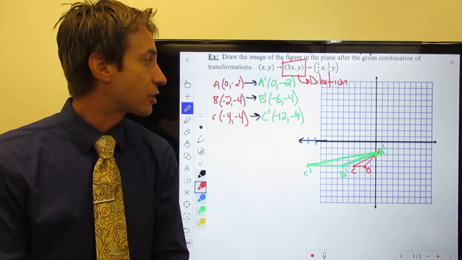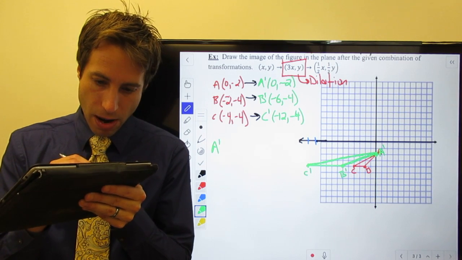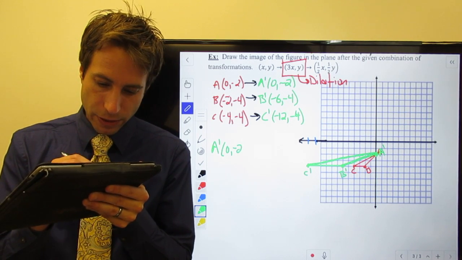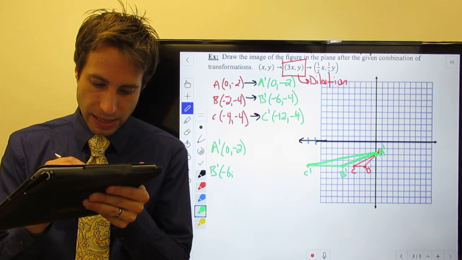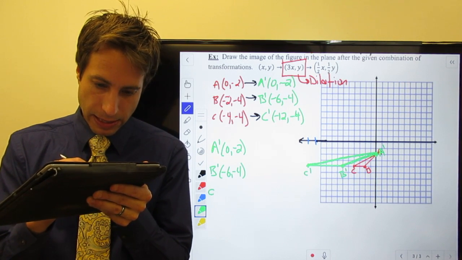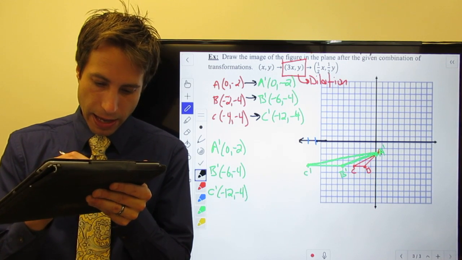Here we go. Next one. We go from A prime, which is at 0, negative 2, B prime, which is at negative 6, negative 4, and C prime, which is at negative 12, negative 4, and